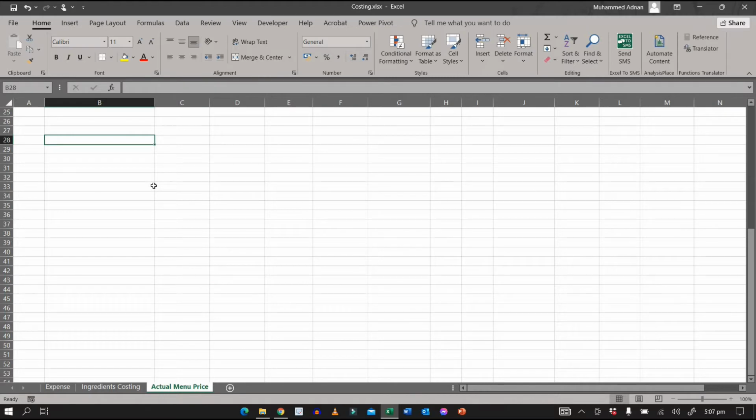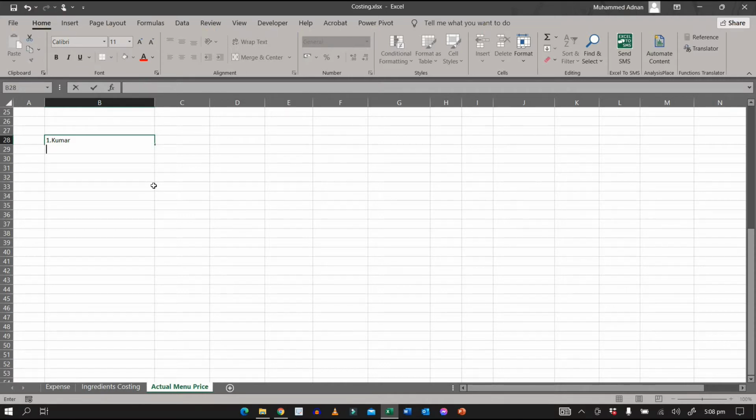If we need to write multiple data in a particular cell, how can we write it? For example, I am typing the name 1, Kumar. Then I will press Alt plus Enter.